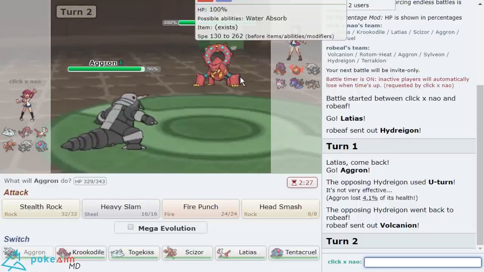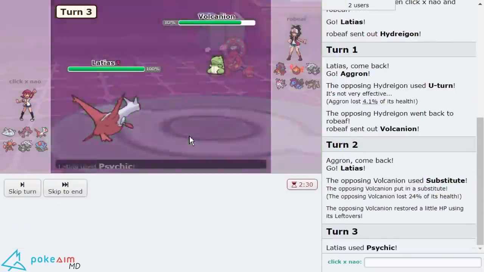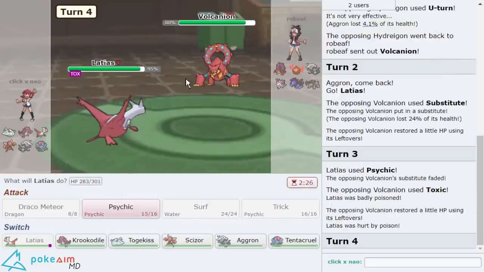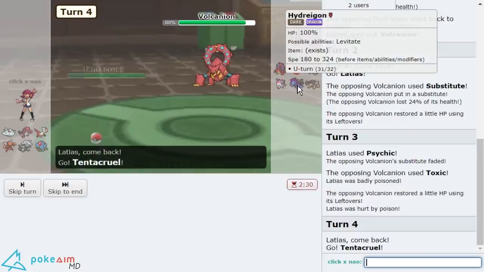Now, obviously, this mon is a giant threat to me. However, I literally click Psychic here as he Toxics. And I don't care about Hydreigon coming in. Though I can actually make the Tentacruel play, I think. I can afford to make the Tentacruel play because it deals with the...